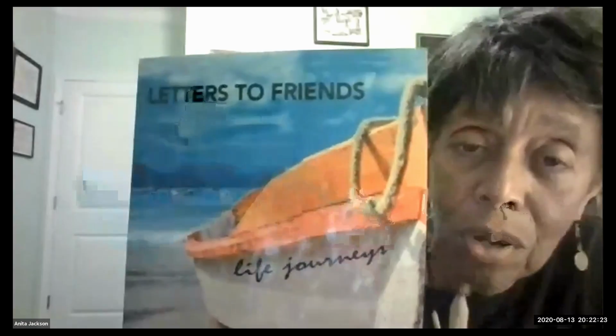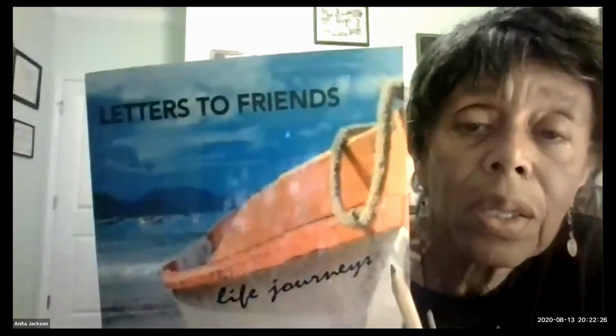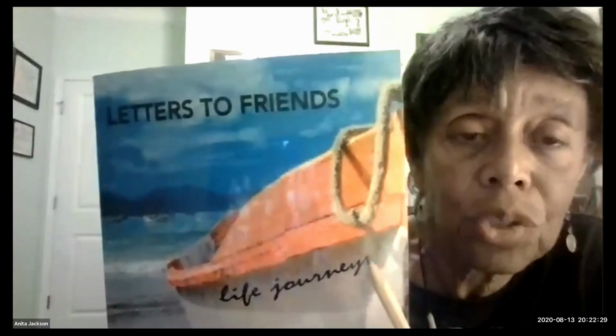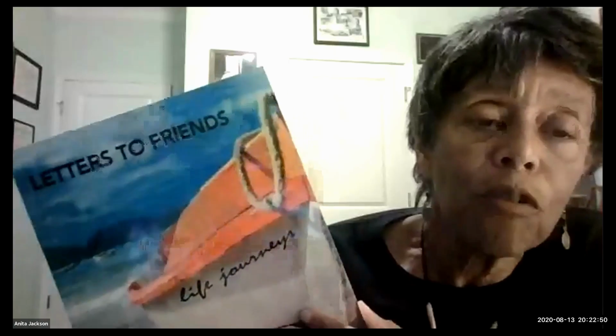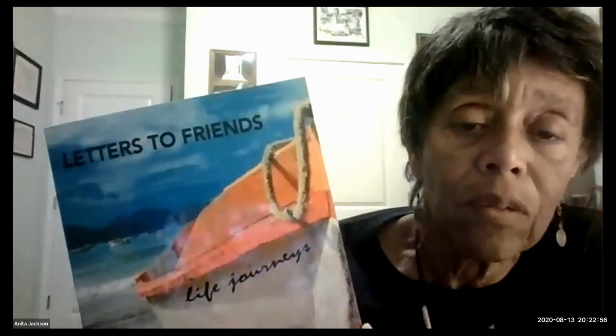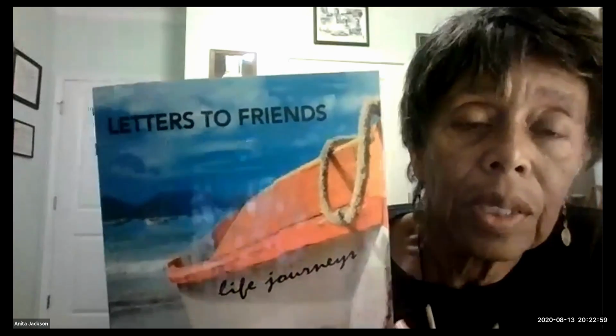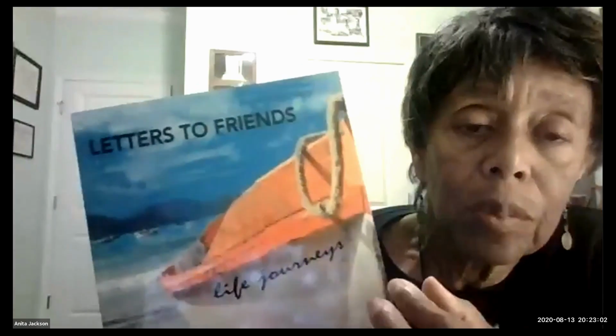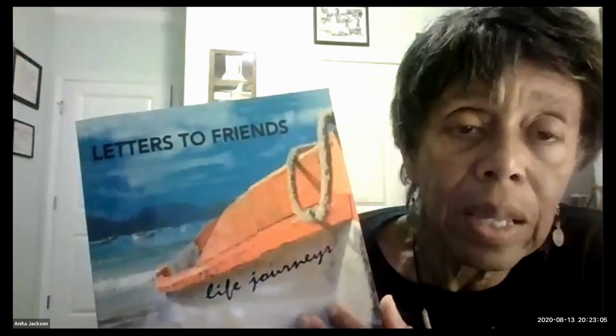Now, earlier when we started off our session today, the four facilitators were sharing their stories. And by sharing stories, you can learn a lot about a person, about what their struggles are and how they have overcome their struggles. And this book is just filled with people from many different cultural backgrounds, sharing their story, what they did in their lives. There are people from many different ethnic groups,